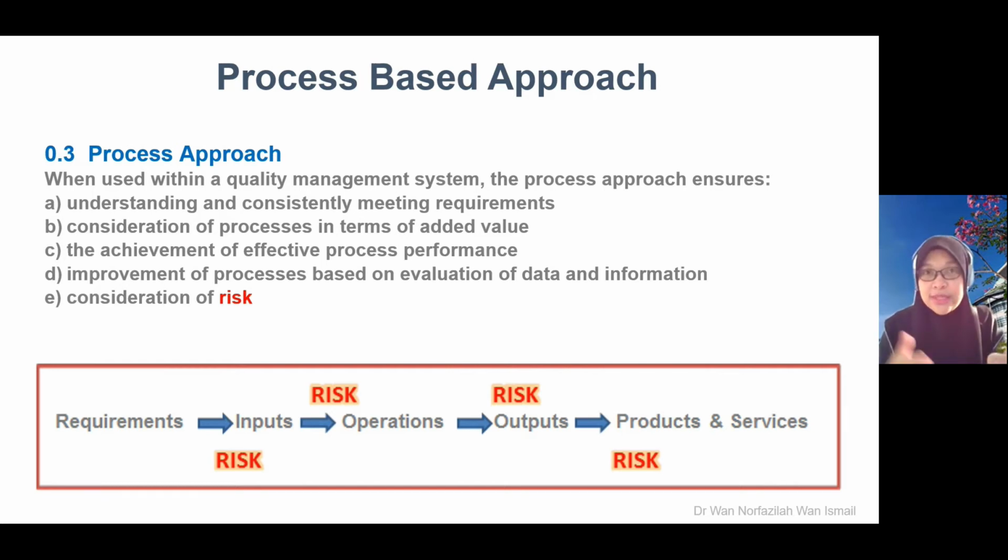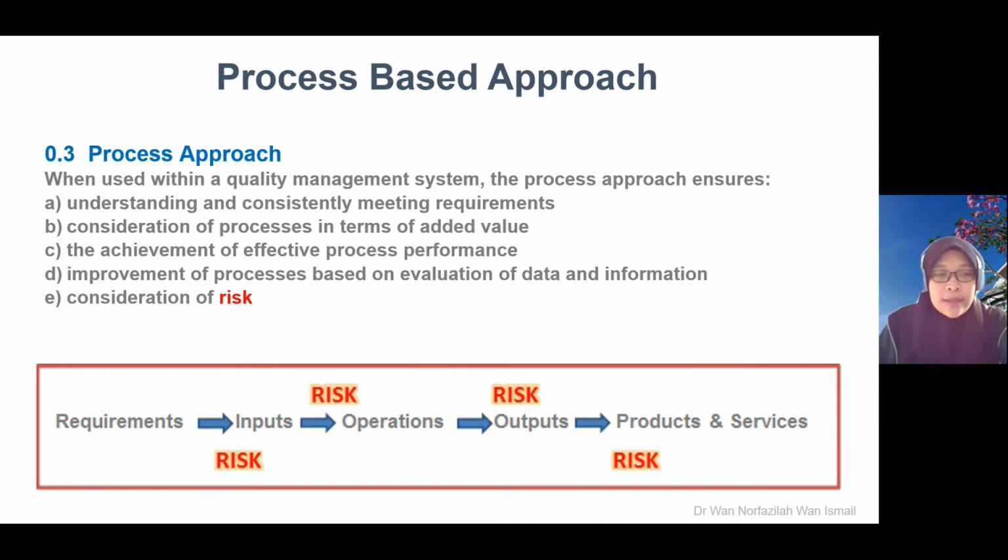Tadi kita tengok input, process, output kan? Okay, process-based approach ni maksudnya kita reduce risk ataupun kita fulfill requirements bermula daripada proses the very beginning. Okay, until you get the final product. Lepas dah berjaya jual dekat customer, itu proses. So untuk fulfill requirements ataupun achieve the quality management system, kita tak boleh tengok final product sahaja. Kita kena tengok daripada awal lagi, the raw material, the supplier, proses, apa proses yang berlaku.